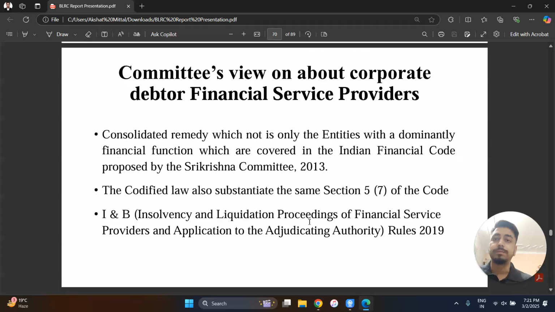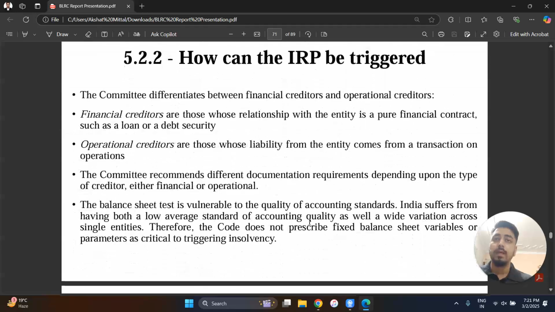Yes. So how can the insolvency resolution process, or the IRP, be triggered? What this committee has recommended in its report is the categorization of